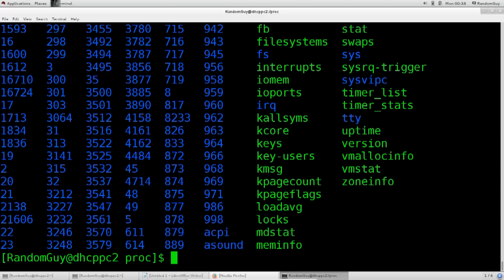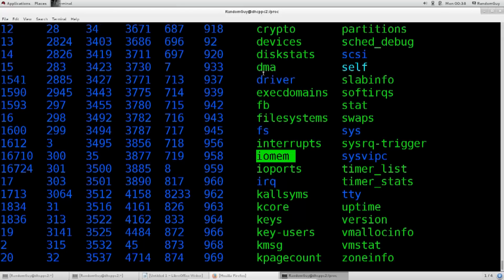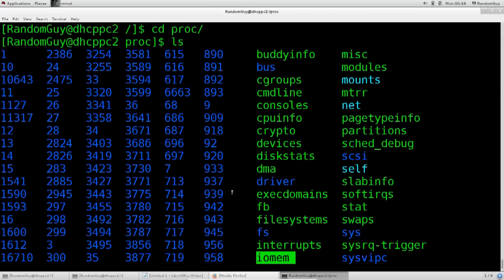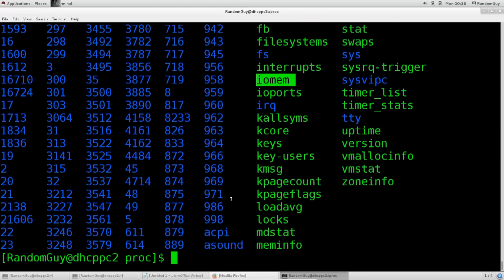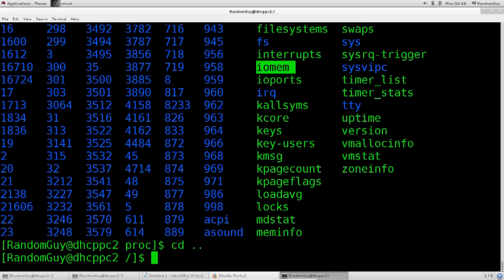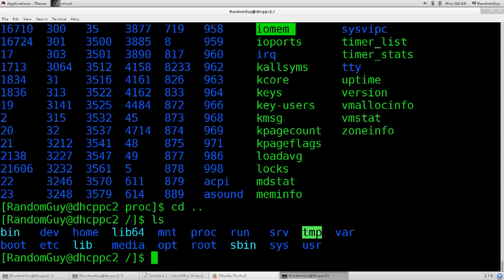So you got this one for IO, input output, mem, interrupts for threads if I'm not mistaken, drivers, etc. All these files are accessible to you and you can monitor them. Sometimes they're used for troubleshooting, but I mean, not sometimes, they are used for troubleshooting as well. If I do ls again and we continue on, now we have, I'm going to go ahead and skip SRV